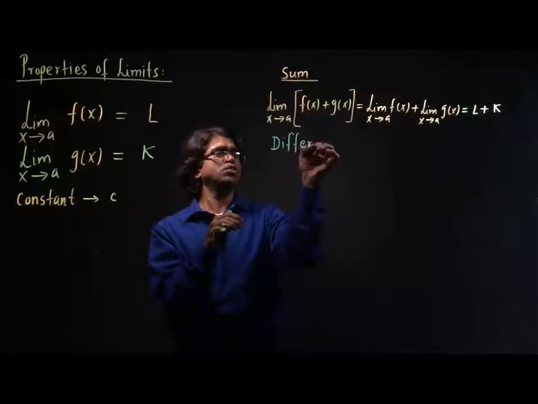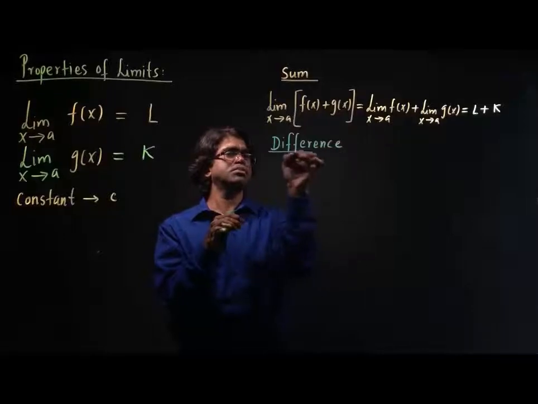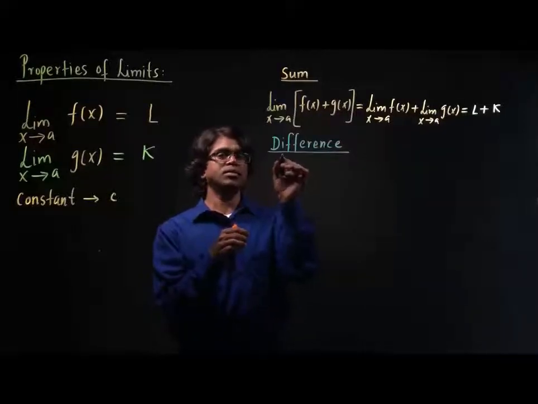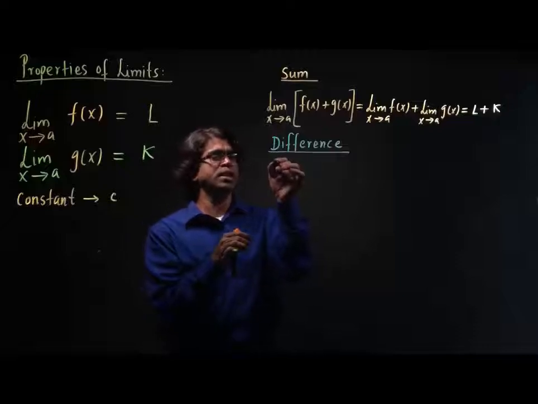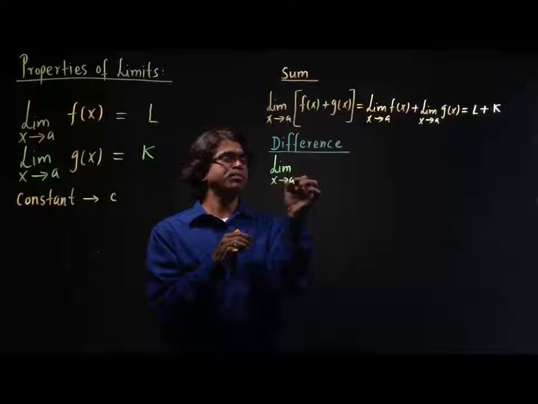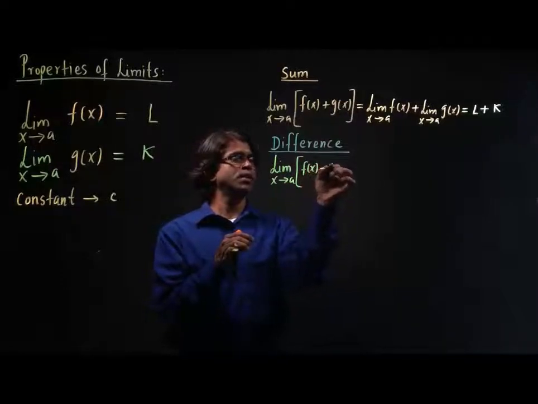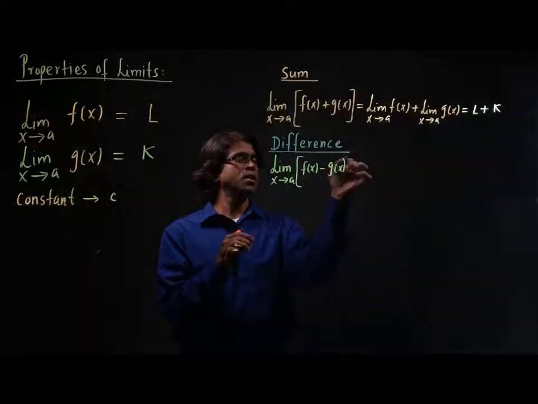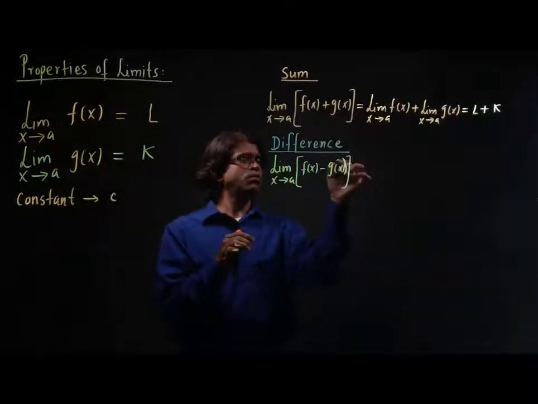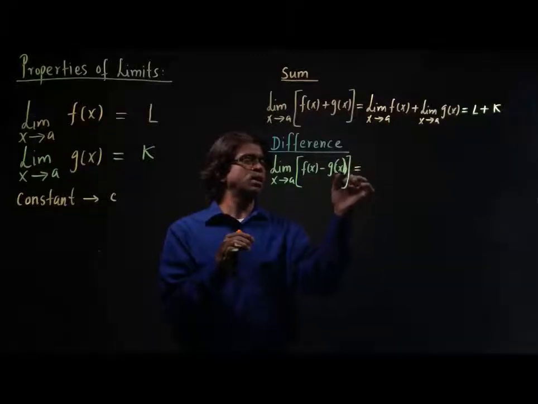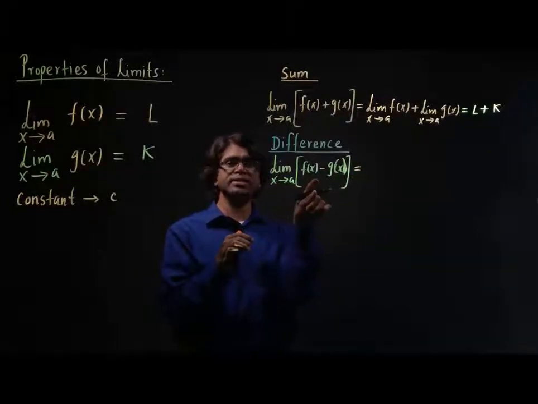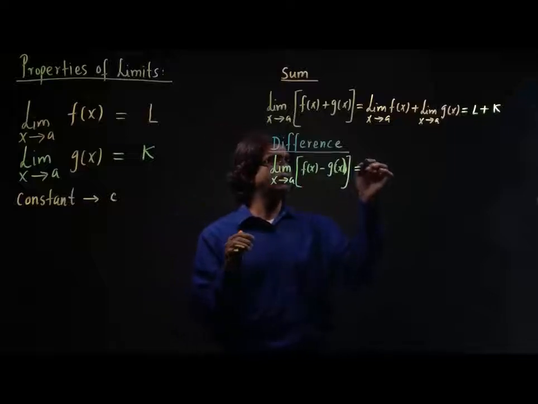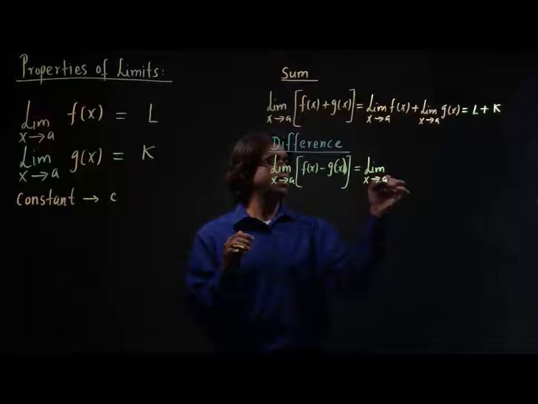Now the second property is the difference property. So we are going to take the difference, or the subtraction. So let's find the limit of the difference of two functions. So I will write limit x tends to a f(x) minus g(x), and when we want to find this kind of limit, what will I do? I will distribute the limit inside the bracket and I will write this as limit x tends to a f(x)